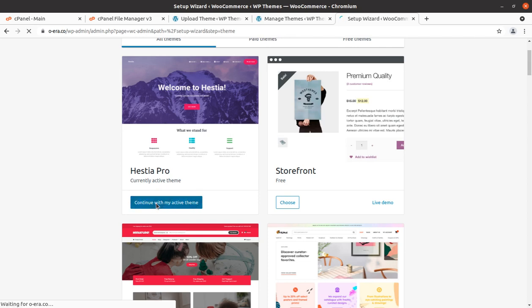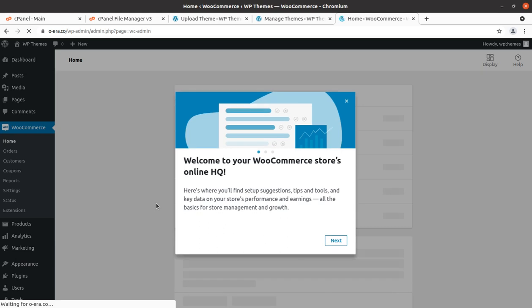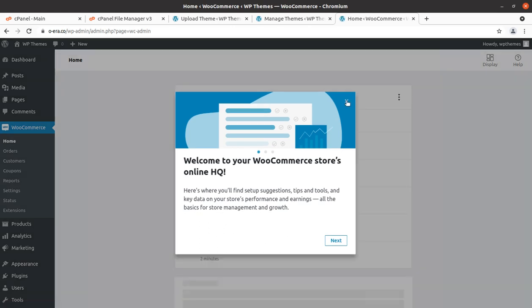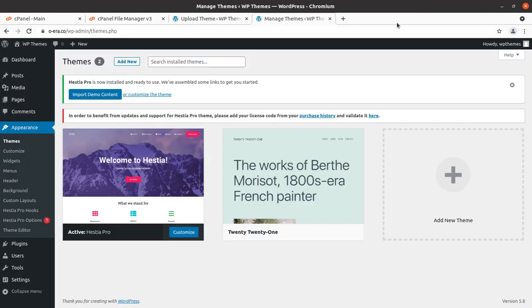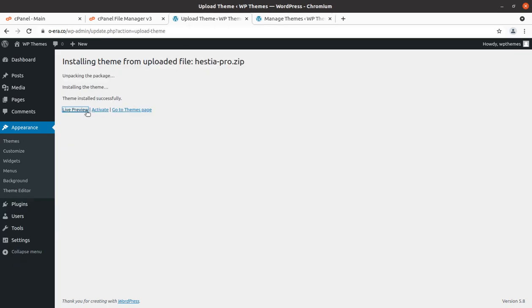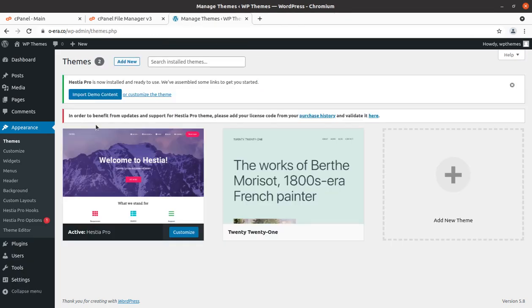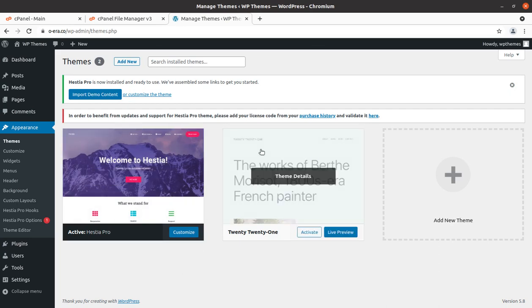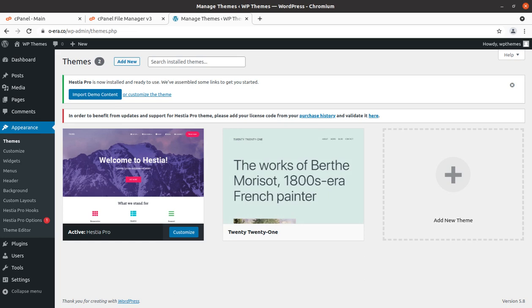Okay, so installation of WooCommerce is now complete, and now we are good to go. Since we have installed WooCommerce, we can use this theme for e-commerce activity as well. In order to import the demo content, you should install WooCommerce if you plan on using this theme for e-commerce activity. Okay, simply click on import demo content.